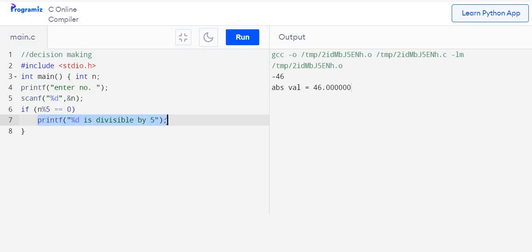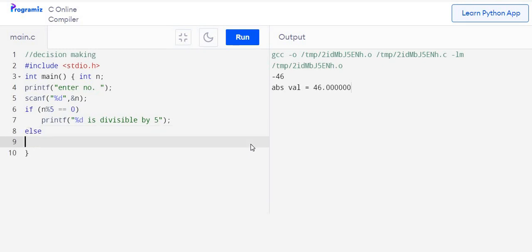If the condition is false, then what will happen? Else. So else, print that not divisible by 5. So if the remainder is 0, the number is divisible by 5. If remainder is not 0, the number is not divisible by 5.